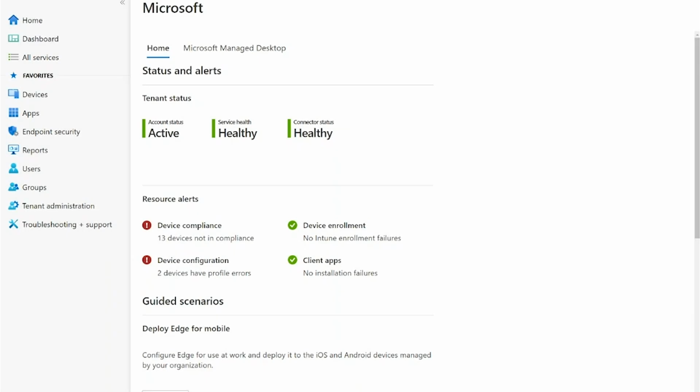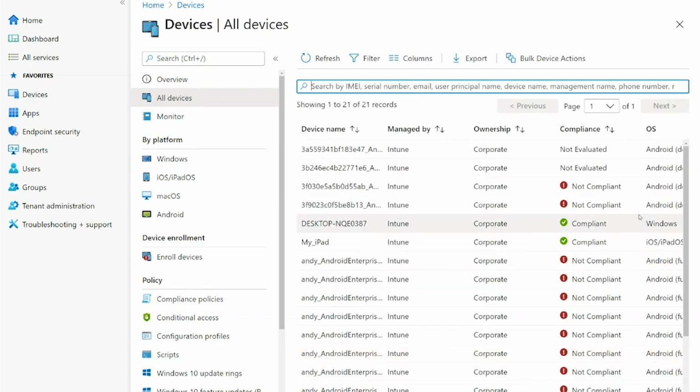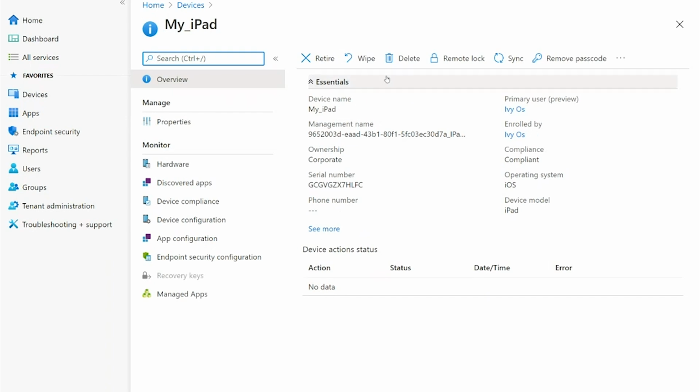Now let's go to the Endpoint Manager portal and see how this looks. I am logged in as an Intune admin in Endpoint Manager, and I'll go to Devices and then All Devices. If you see, I'm able to view a lot of devices. In fact, all the devices that are present in my tenant. Now I'll go to one of the devices, say my iPads, and I'm able to delete this device from Intune management. But we do not want our help desk operators to be able to perform all these actions.